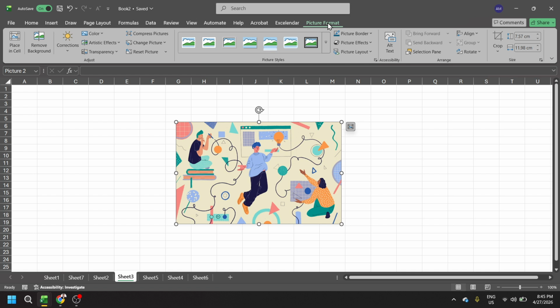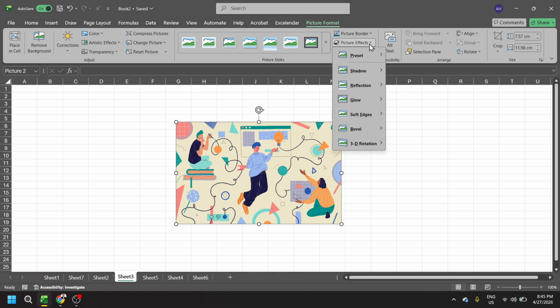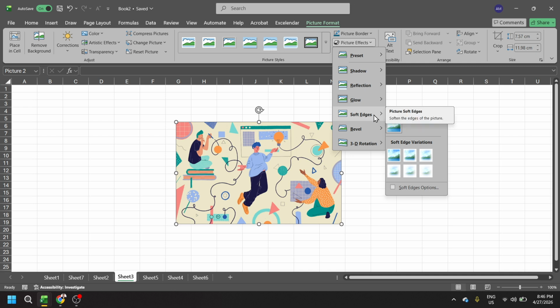image. Next, go to the Picture Format tab and find the Picture Effects button. It's usually in the group that includes picture styles and artistic tools. Click Picture Effects to open a drop-down menu. You might notice options like shadow, reflection, glow, and more. We're focusing on soft edges today, which specifically fades the picture's border so it feels lighter and more integrated with your sheet. If the Picture Effects button is grayed out, double-check that a picture, not a cell, chart, or shape,